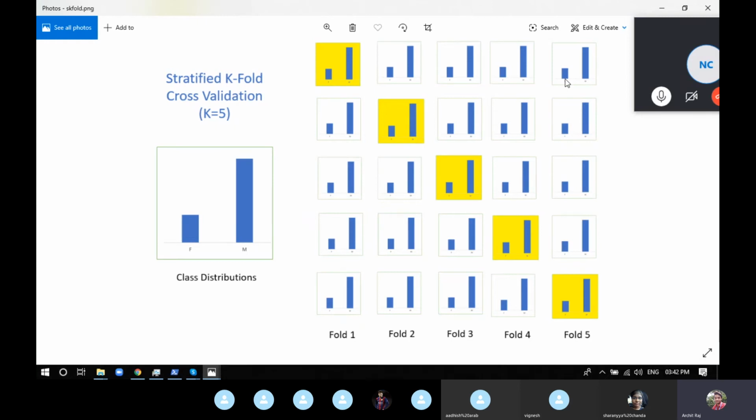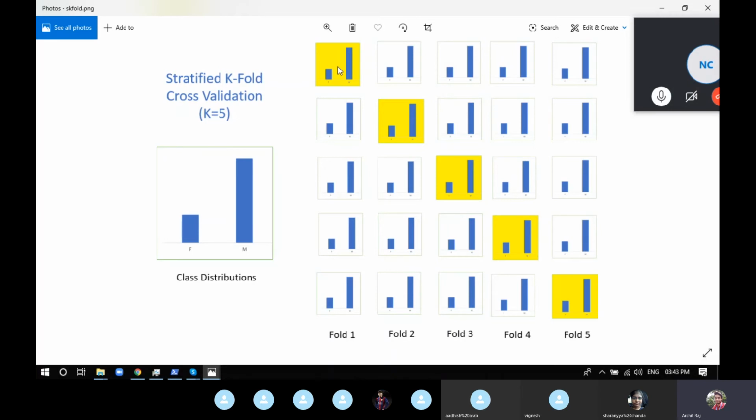If the data set tells us that most of the people are male and fewer are female, taking an example like 70% male and 30% female across the whole data set, it will make sure that all the folds created are not dependent upon the position where the data is. It will make sure that the class distribution in each fold is exactly equal to what the data set has as a whole. So for each and every fold, we'll have 70% male attributes and 30% female attributes.